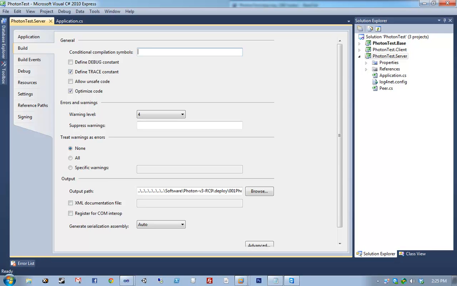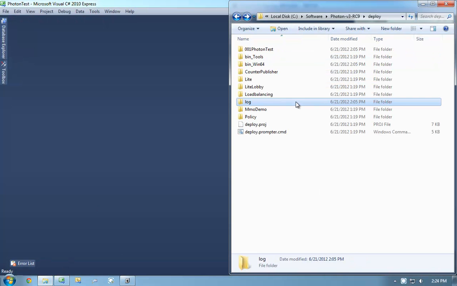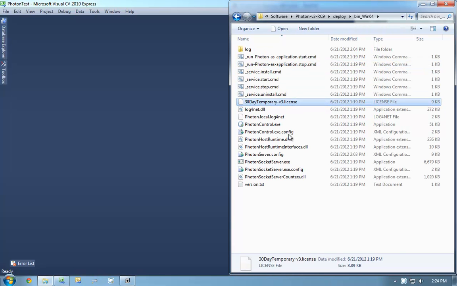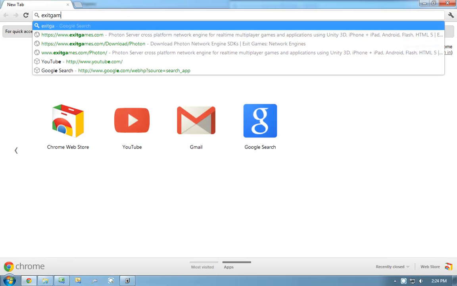Okay, a couple of questions in here. In the bin Win64, there is a 30-day temp license file. Does that mean we can only use Photon for 30 days? And when I download the Photon SDK for the first time, I download a license file. What is it for? Basically, when you grab Photon for the first time, it's going to come with an unlimited 30-day temporary license that, like what I just said, suggests, has unlimited connections, but it's only a 30-day license. If you want, what you can do is go to exitgames.com,